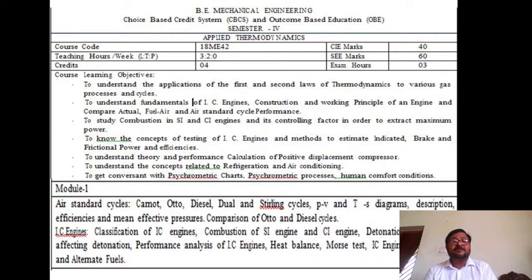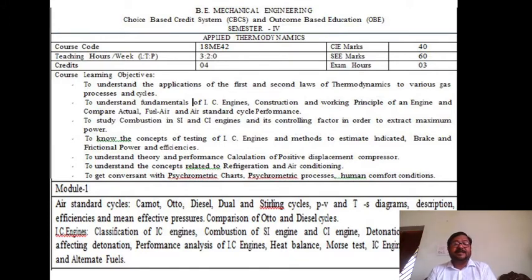And one more objective, understand the theory and performance of calibration of positive displacement compressors, and understand the concepts related to refrigeration and air conditioning. And also the last objective is to understand the psychrometric chart and psychrometric processes, and also air conditioning and human comfort conditions, and so on. After this, the main objectives of this course, the first module